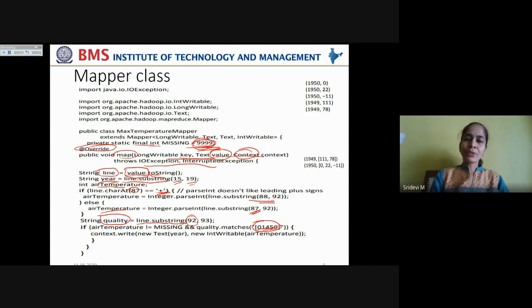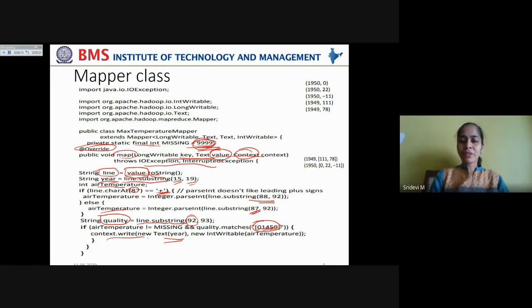And when these two conditions are true, in that case, you can write the data to the context variable, which carries it to the reduce function. Okay, so you are writing by using context.write, new Text year. You are creating a new instance of the string variable. In Hadoop, it is the Text variable.